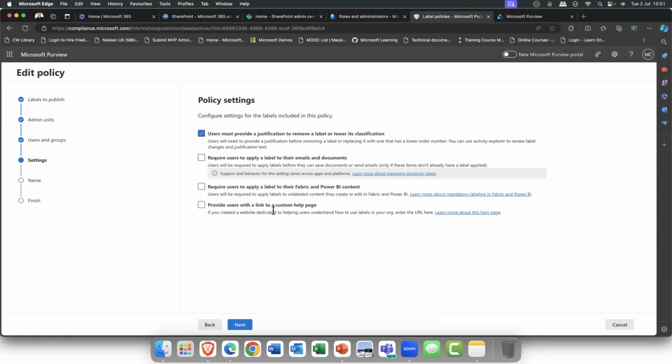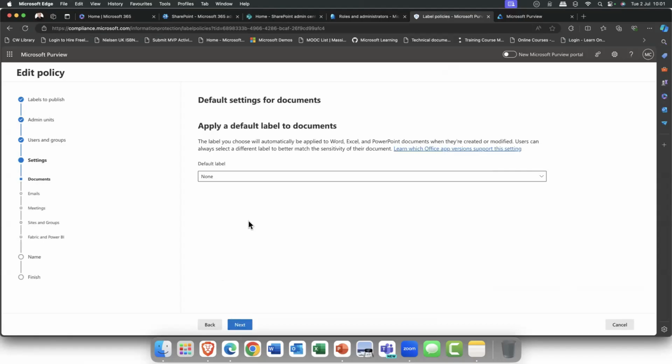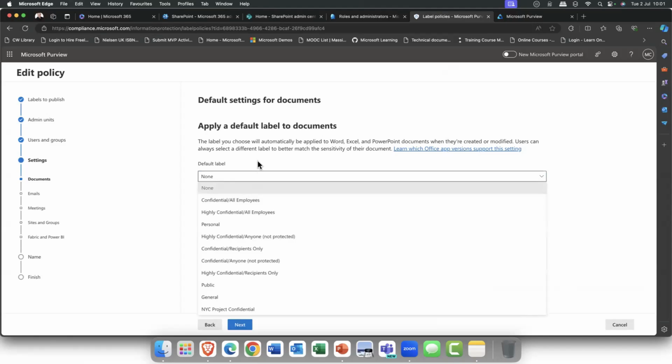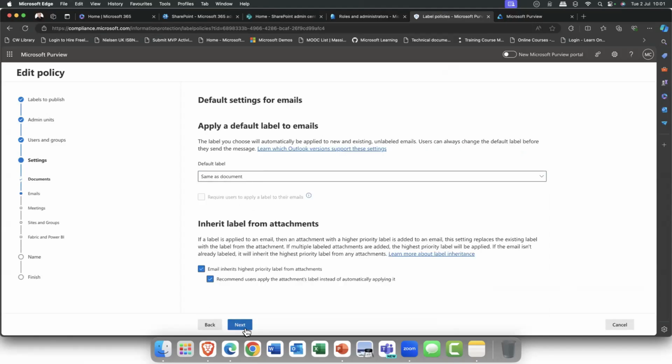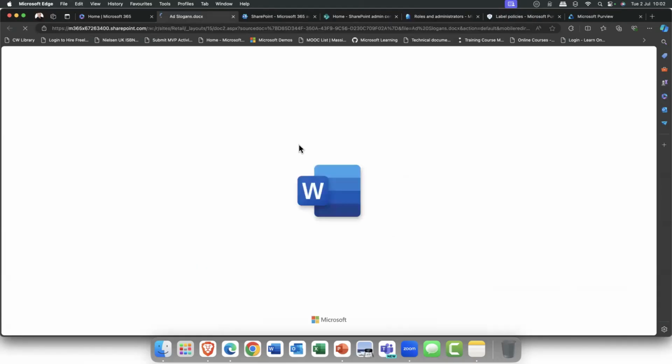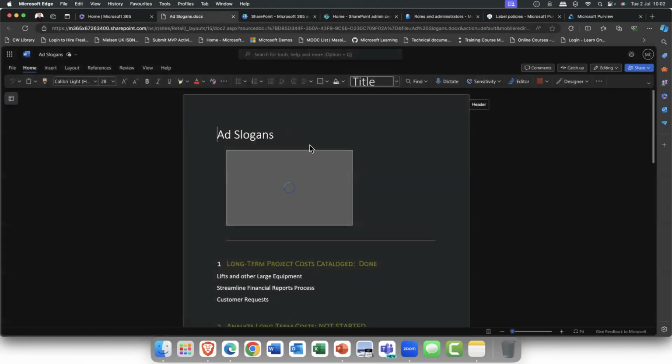If using Power BI, and if you want to create a custom help page. Do you want to choose a default label? So you can choose a default label. Again, apply a default label to emails. Again, here, inherit label from an attachment. This is useful. If you send an email that's confidential, or you send an attachment that's confidential, the email will inherit it. So if I come into Word Online,